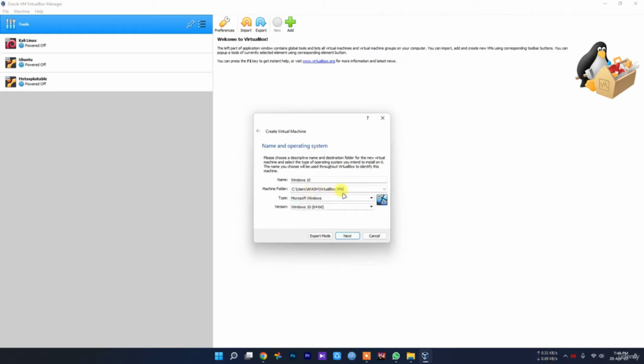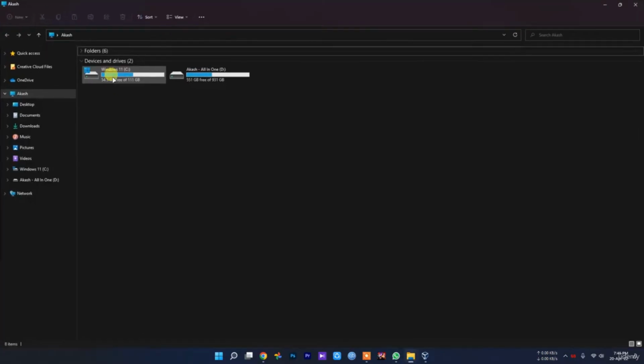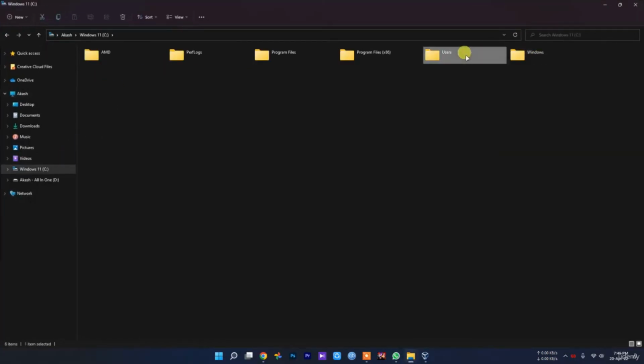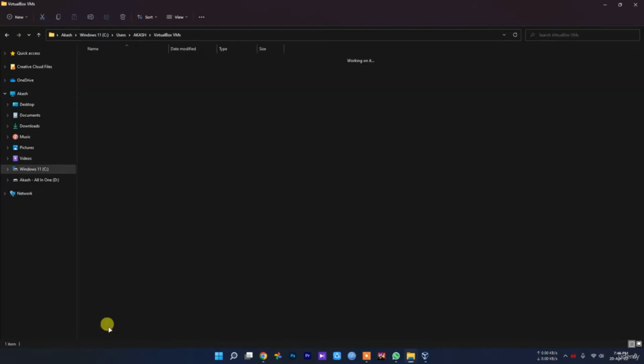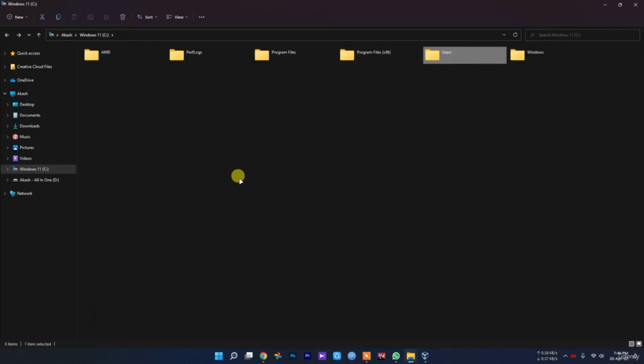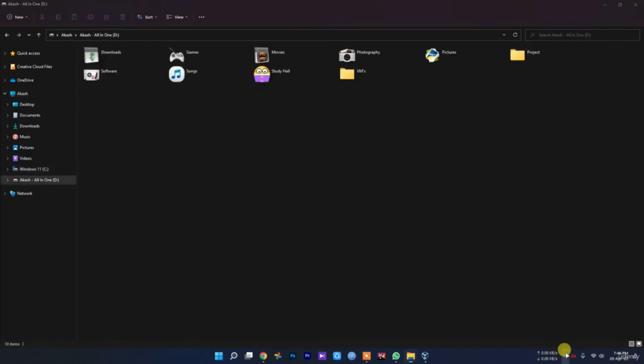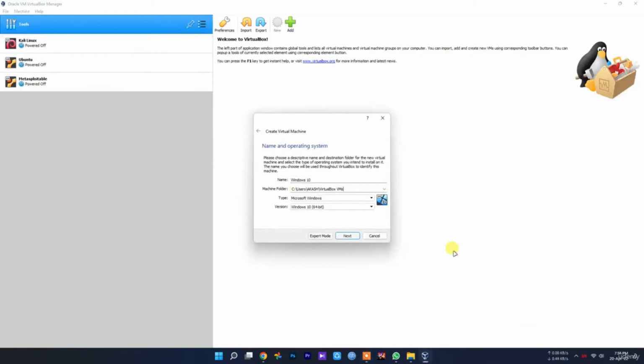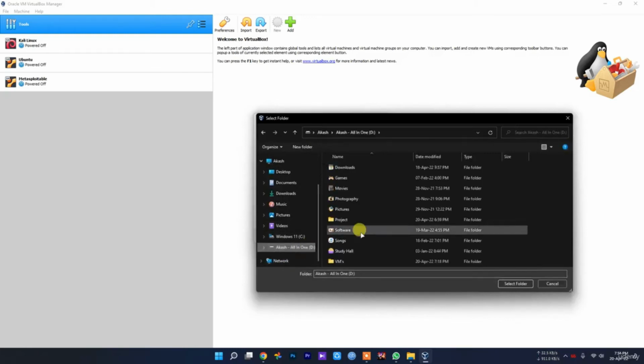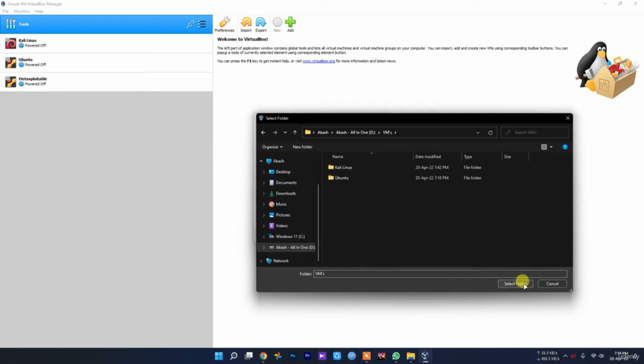Okay, should I use this in here? Let me check my machine folder. User Akash, VirtualBox, metasploitable. So no, we are not going to use it in here. Let's select our destination folder where this virtual machine will be installed. So this is my virtual machine folder. Select this folder,